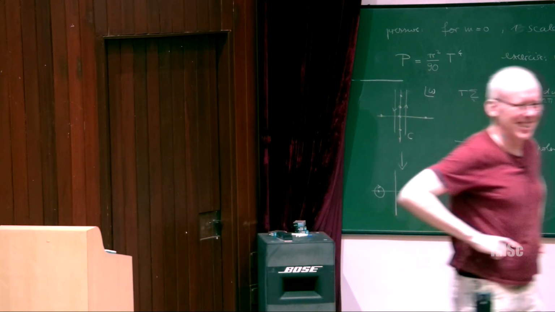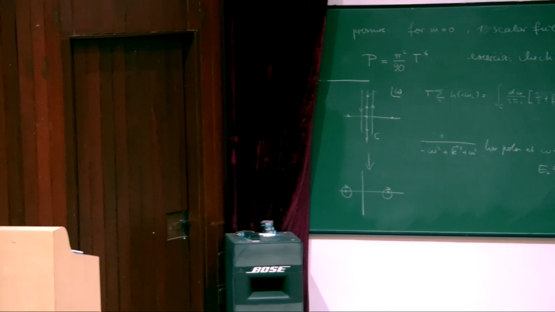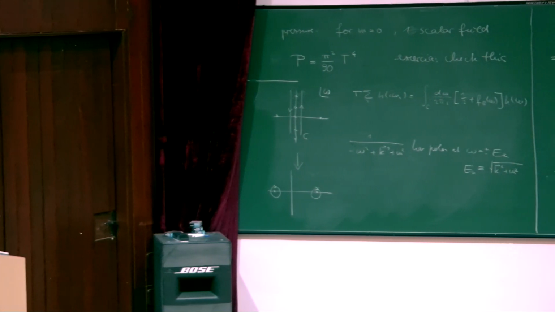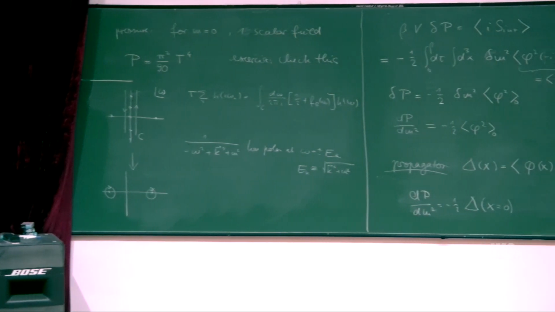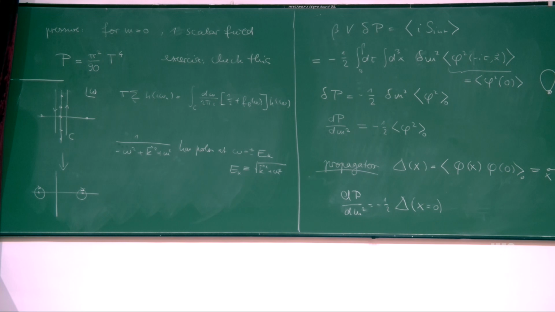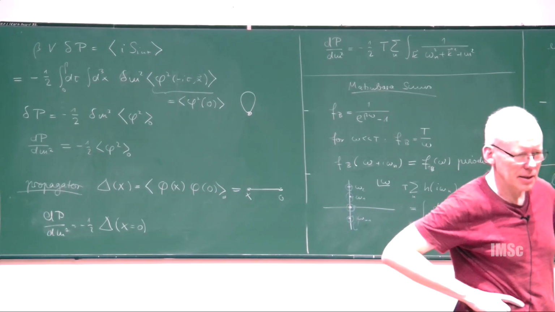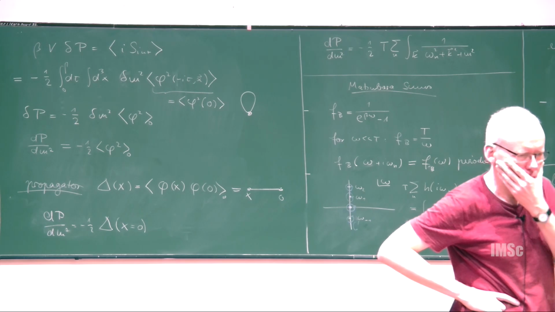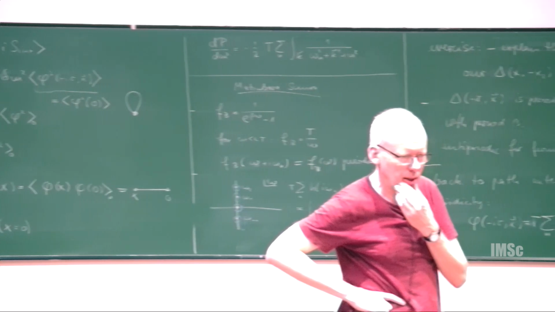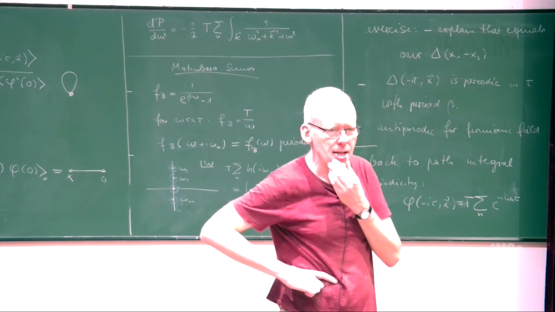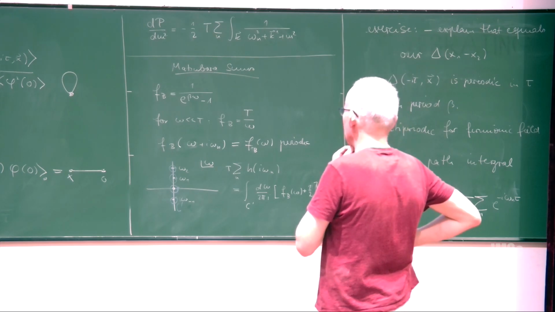So this use of the Bose distribution is just to pick the residues at the Matsubara frequencies, right? Is that right? The use of the Bose distribution, f_B. But that's not unique, is it? I could invent some other functions. That's a very interesting question.